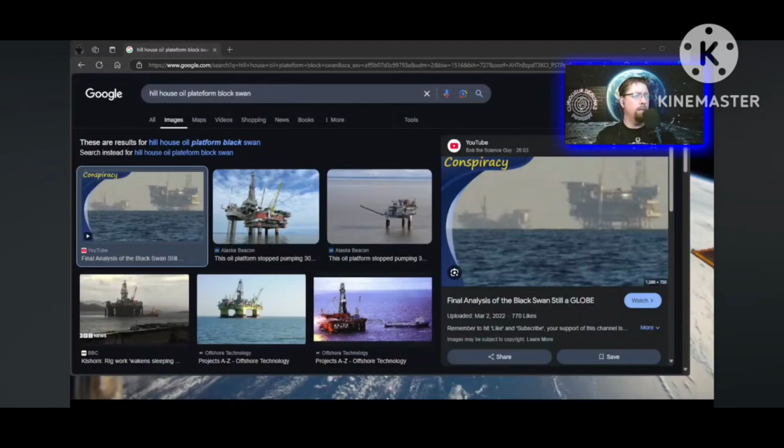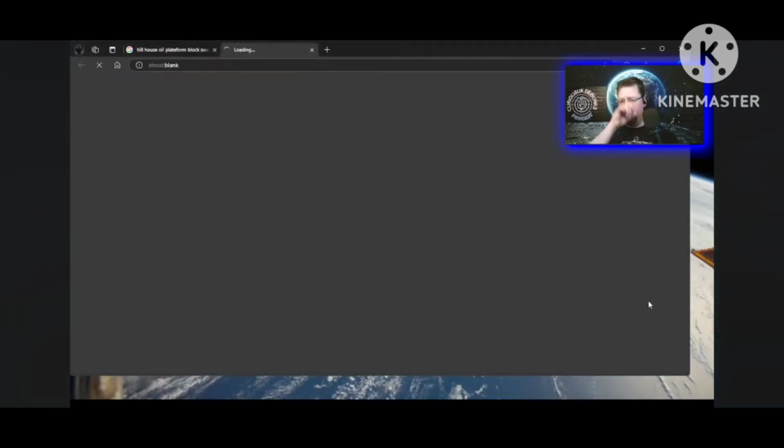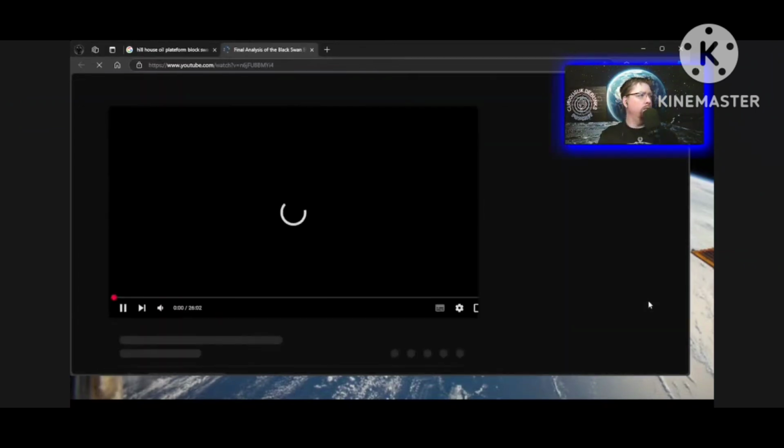Black Swan. Black Swan is extreme refraction, and you look at different days, you can see that the Black Swan, and all the observations suit the globe and work perfectly fine. So are you talking something like this here? Oh, look, there's the Black Swan. The final analysis of Black Swan is still a globe. Holy crap. Do you want to watch this? Maybe we should watch this one, eh? I watched this one by Bob the Science Guy. You ready to have your Black Swan torn apart?